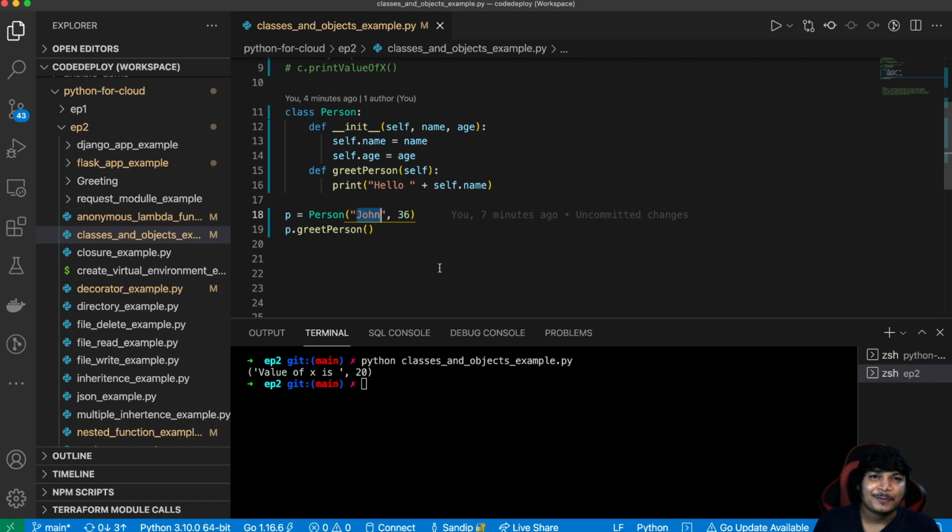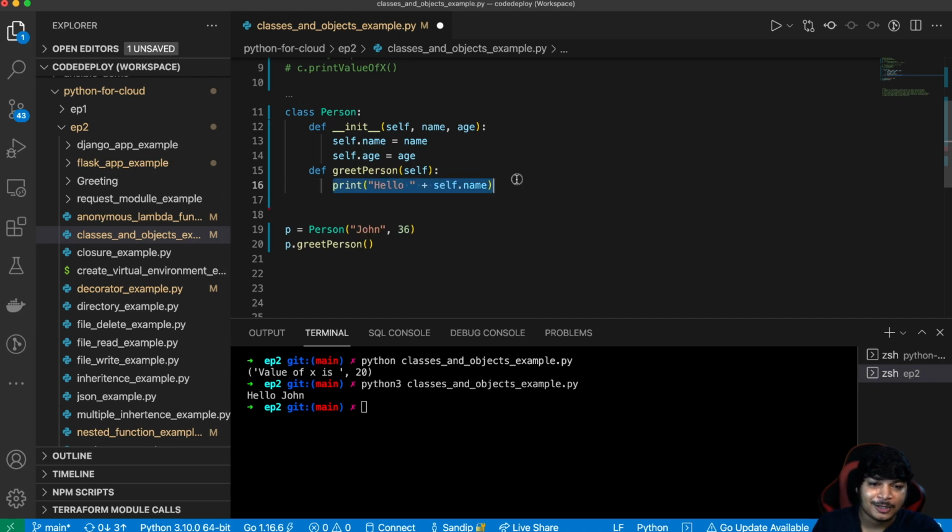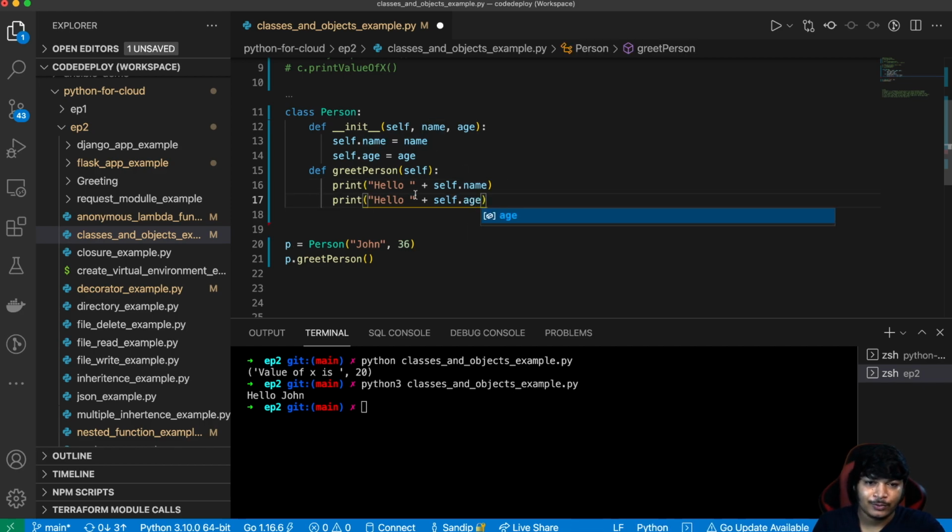Now let me run it so it will be much clearer. Let's run Python 3. Now let's give the Python file name, that is class and objects, and you can see here it is printing hello John. Now let's copy this statement, and we can see here we can access the age also. So your age is